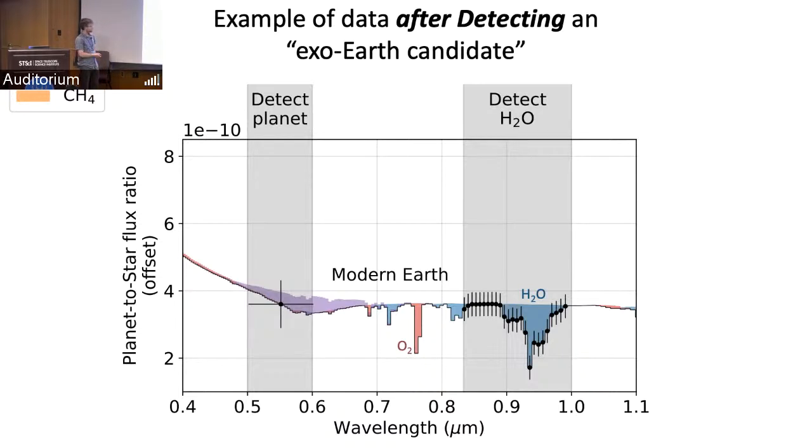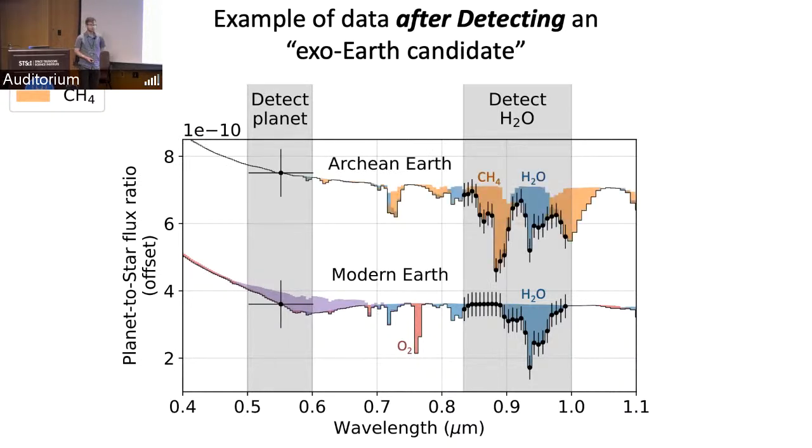Well, there's also a methane feature in this same spectroscopy bandpass. It does not show up because we do not have that much methane in our atmosphere. But a long time ago, on the Archean Earth, about 3 billion years ago, we had a lot more methane in our atmosphere. This is because there was no oxygen, and methanogenic microbes were producing lots of methane. Here's a reflected light spectrum of the Archean Earth. You can see in orange a big methane feature in this spectroscopy bandpass that the LUVOIR report suggested could be used to detect water vapor.